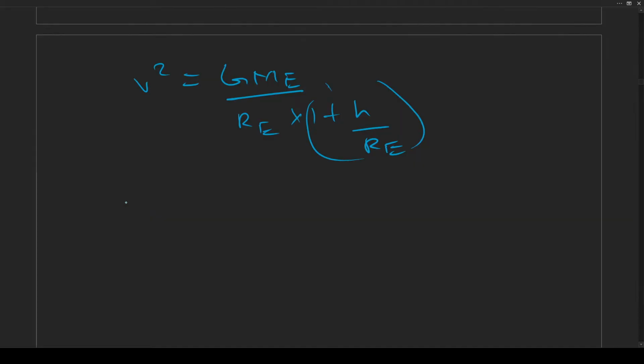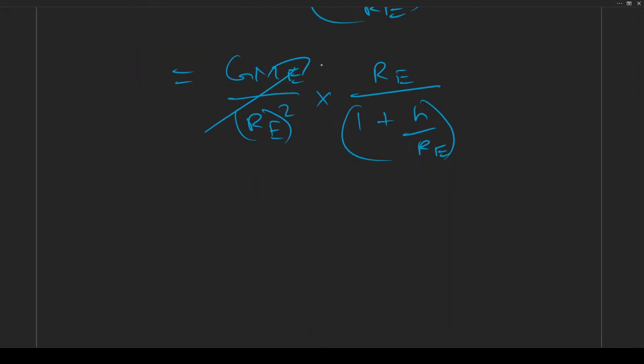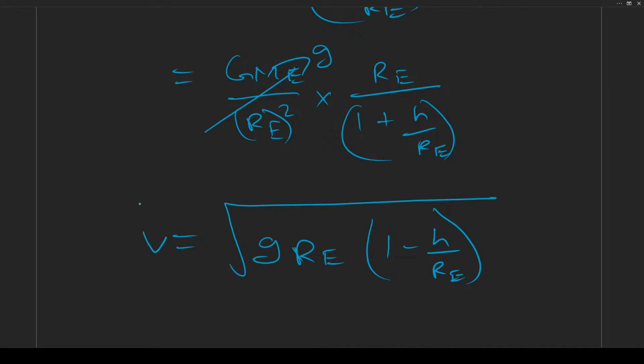Now this we can write as GME by RE square into RE by 1 plus H by RE. This will become g, where g into RE, 1 minus H by RE, equals velocity,